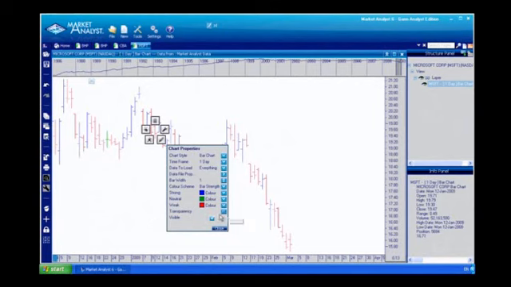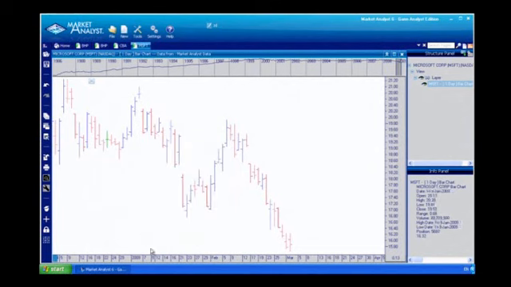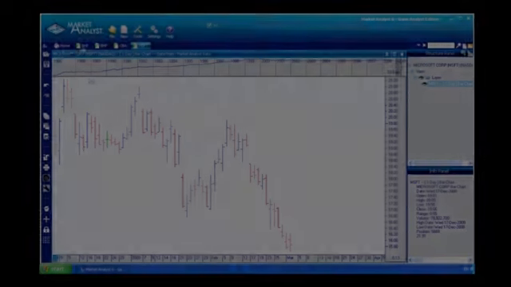Other things we can do is change transparency, and we'll talk about transparency more as we go with different tools in Market Analyst. Now, one of the things you'll see, if we look at the top of Market Analyst and we look at the tab list here,